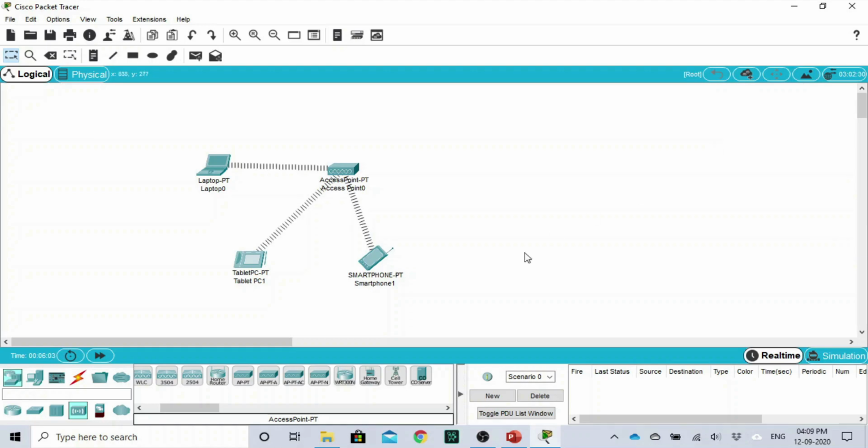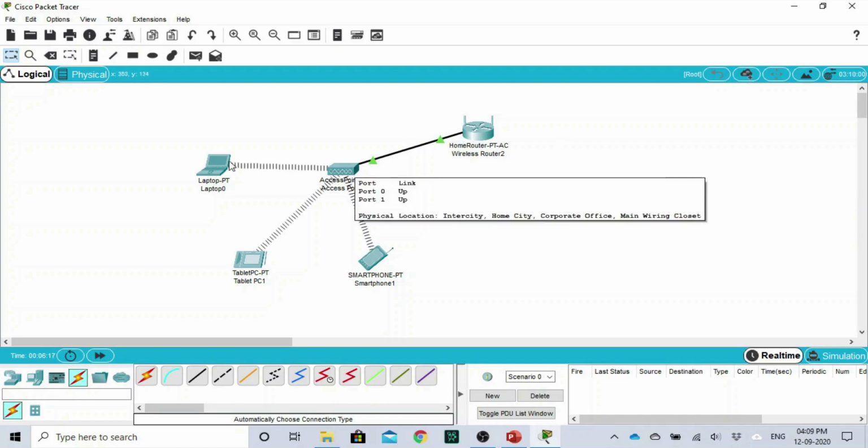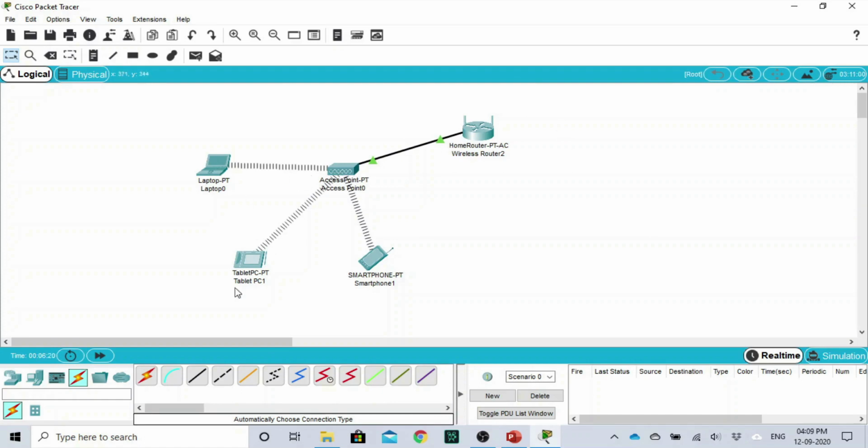Okay, and if you want to connect a wireless router with a wireless access point, you can use a normal cable if you want. So this is your normal router. From that you create an access point. This access point is the one which creates a Wi-Fi connection to multiple Wi-Fi devices.